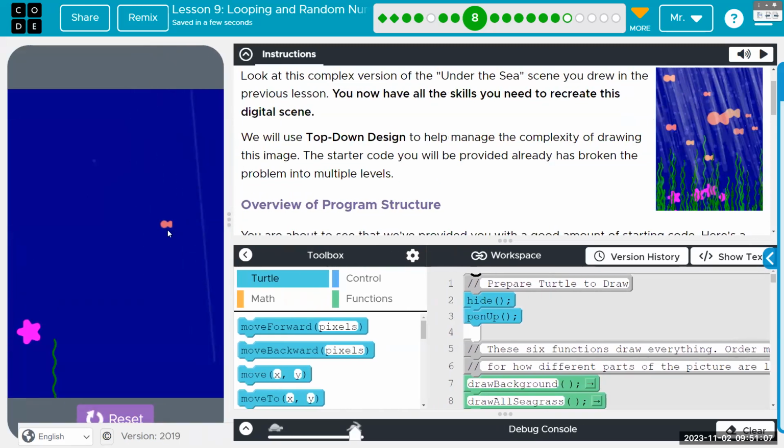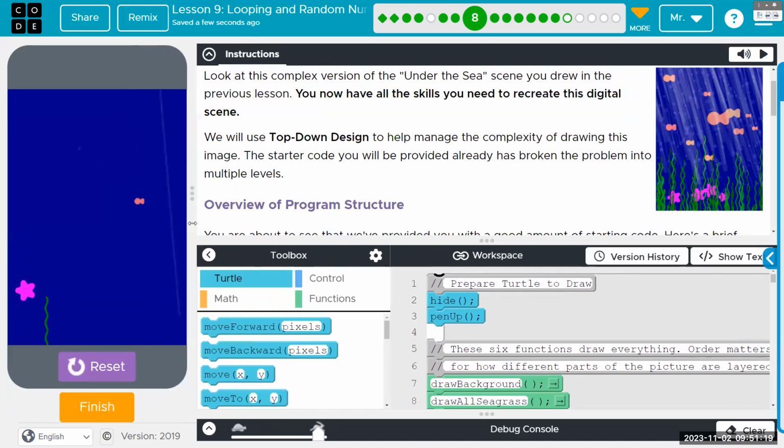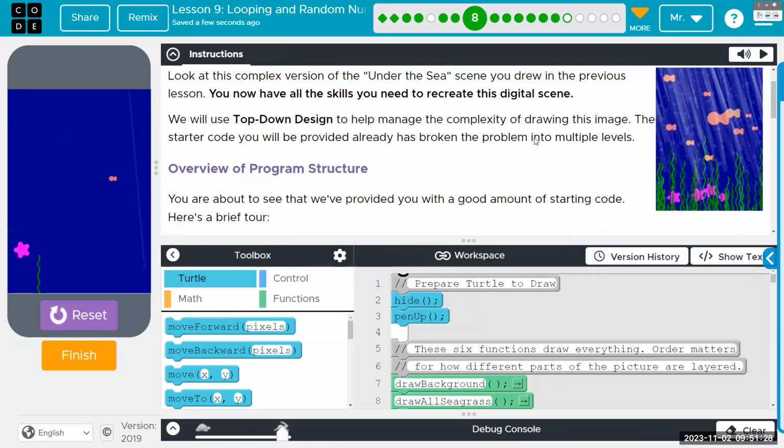The 3 we're familiar with, the fish, sea star, and seagrass. But there's the sunbeam, and there is a bubble. So there are 5 components. And right now we have 1 of each. We are going to make a bunch of each with loops. Super easy.